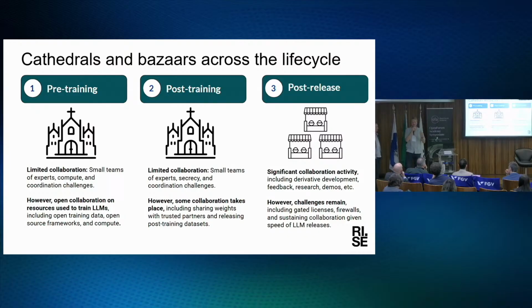Those include gated licenses and gated access mechanisms. For example, Llama not only has a restrictive license, but also you have to apply to be able to use it and mention which country you're from. And we found that developers from China, for example, have not been able to access the model for that reason. Another challenge is the velocity of releases of LLMs. Other researchers have described communities on the Hugging Face Hub as nomadic communities, who flock to a new model when it comes out, but then the next week a new model comes out, and then they flock to that. So that's quite different from open source software development as we know it.